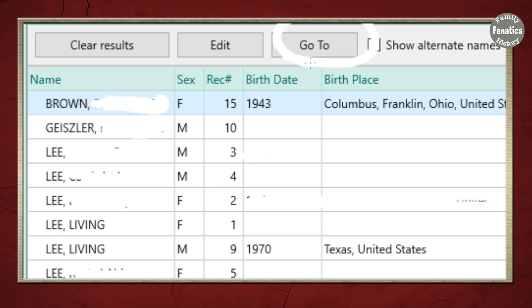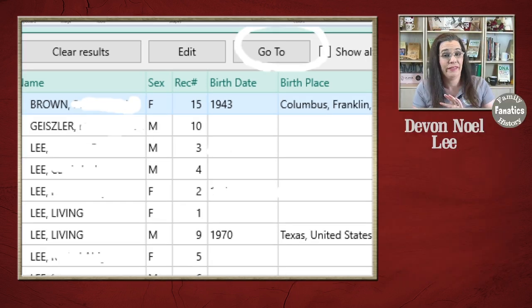Then I'll click on go to profile, and then I will be taken to that same form that I showed you with myself and Andy, and you can then go in and type living and privatize the information you want there. So you can manually do it, or you can use the RootsMagic auto generation of the living facts. So that takes care of how to privatize your files to a GEDCOM file.